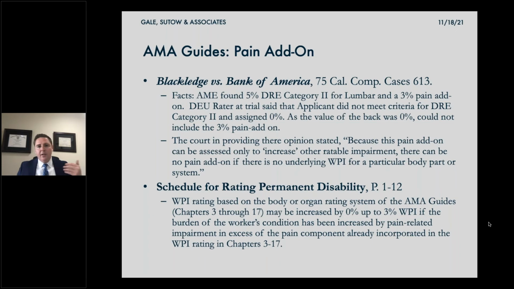So if you run into these, and I can tell you, I've had a number of cases go forward to trials, to MSCs, just on simple issues like this, because somebody's trying to add pain add-ons that are improper. And although it might not seem like a lot, if you're talking about maybe an 80-year-old individual who's doing a high-level occupation, those can start adding up quickly in terms of impairment. And it's impairment that should never have been added onto the case.